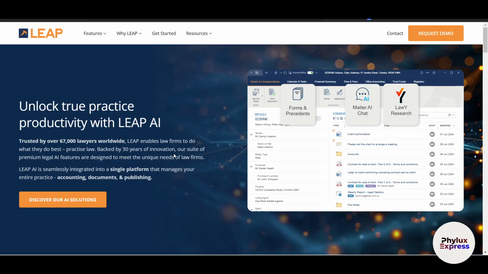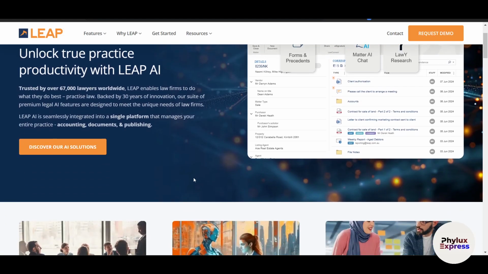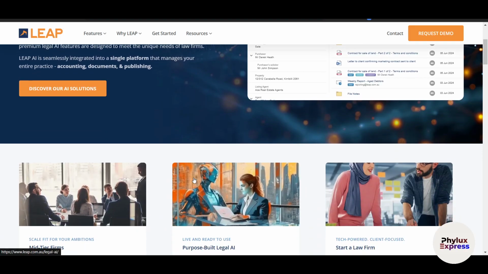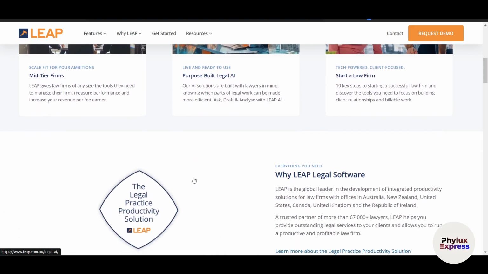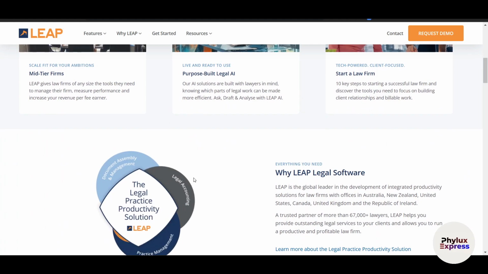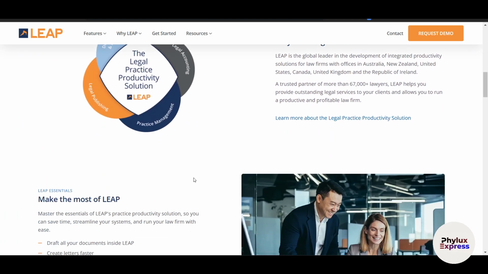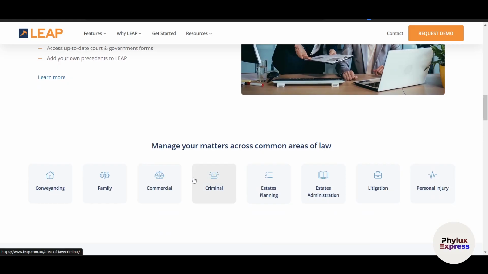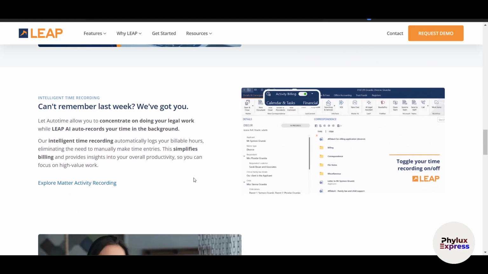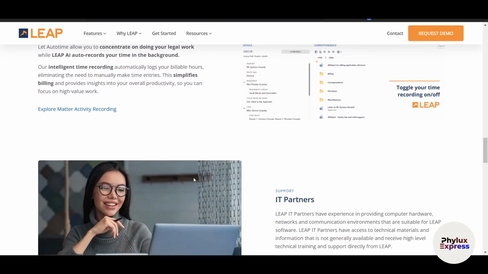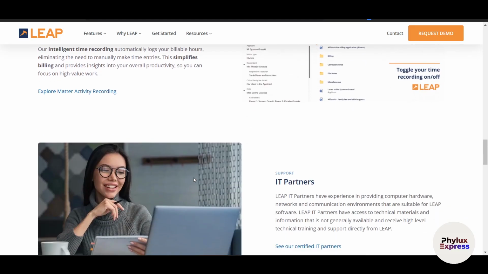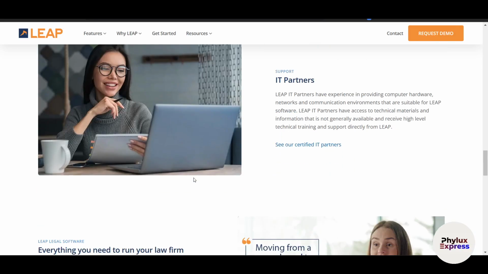thing which I like is that you can customize your dashboard. Now what I mean by this, so here you can tailor the interface to fit your workflow by adding widgets like case lists, calendar views, and billing summaries. You can rearrange elements for better visibility and accessibility. You can use Leap's import tool to bring in existing data such as client profiles, case details, and billing records. Map fields to ensure data flows accurately into Leap. You can set permissions, you can customize the templates, each and everything. So the setup process is very intuitive even for beginners and ensures you are ready to hit the ground running,